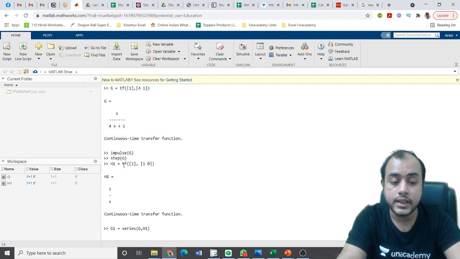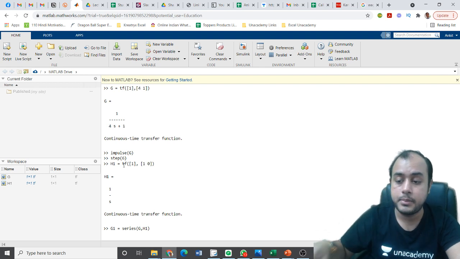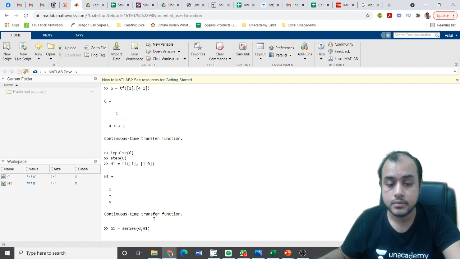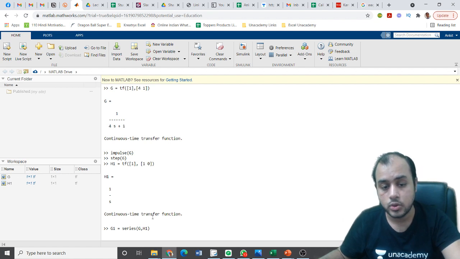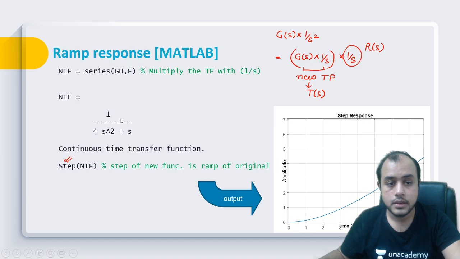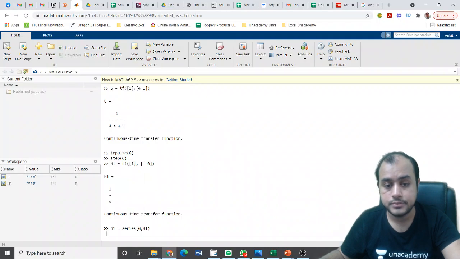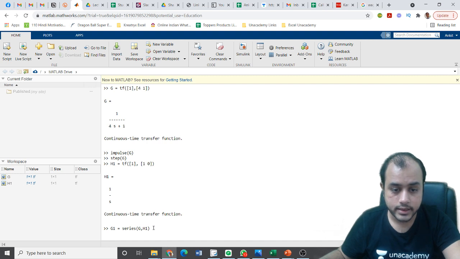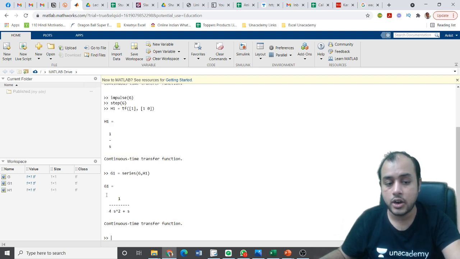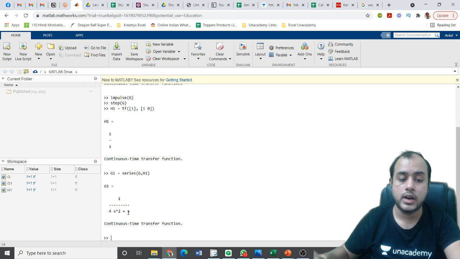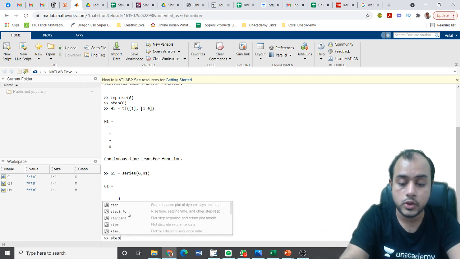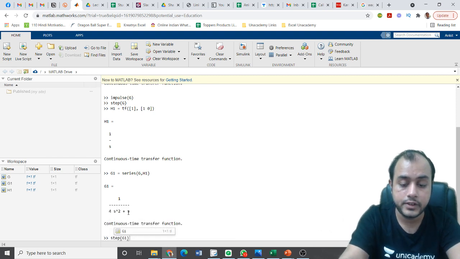So we define a new function. See, g1 will be defined. One minute, it will load. See, series of two functions. I don't know why it is taking so much time. Yeah, now it is defined, g1 is 1 over s square plus s. Now what you will do, step of g1.